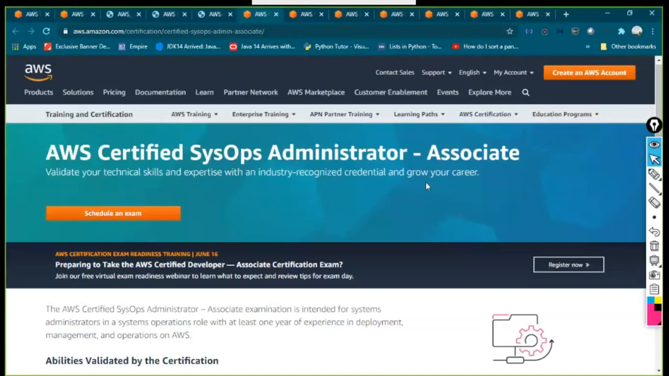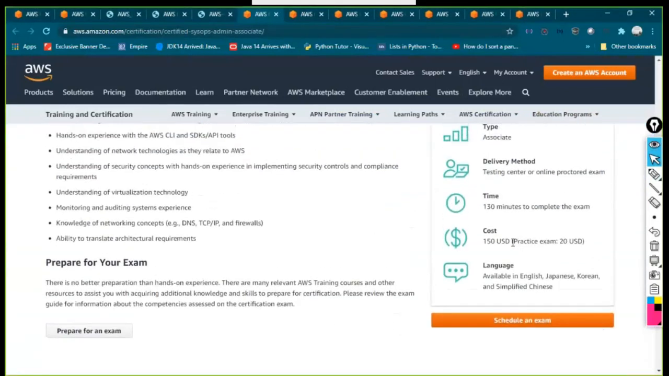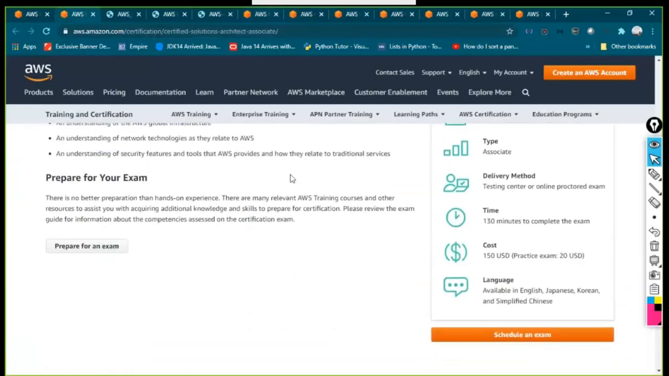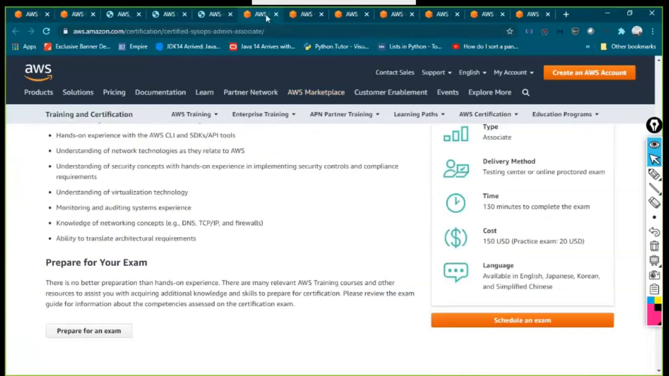So now here, these are SysOps Administrator Associate level. You can see the price is $150. The same is for your Associate Architect Associate as well, 150 USD. Okay, 150 US dollars. And then we can go for